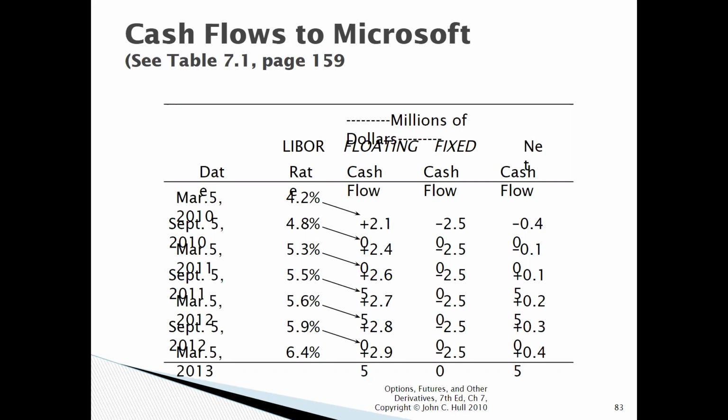So once interest rates start going up, Microsoft is actually into positive cash flow. So when are they going to get positive cash flow? Right now, the interest rate is 4.2. They're making negative cash flow because the fixed, this is 6 months, so we are halving the rates, on both floating and fixed. So once interest rates cross that 2.5 mark and keep going up, Microsoft is starting to make positive cash flow. So as expected, the interest rates go up and you make positive cash flow. So this is the benefit of a swap.